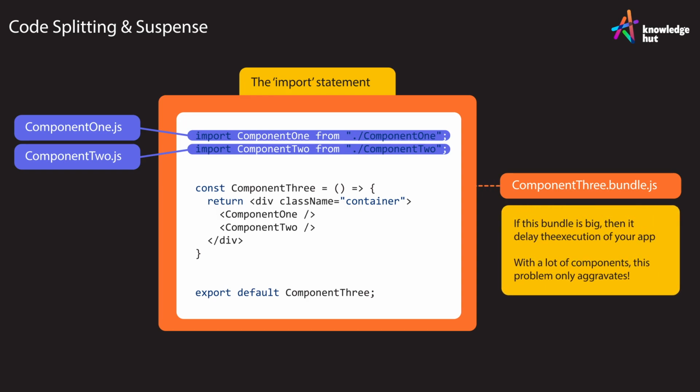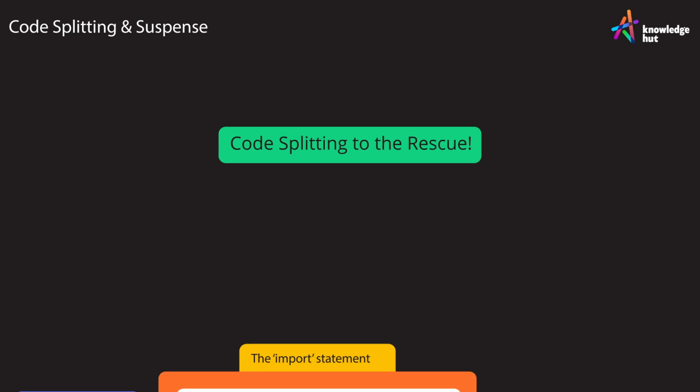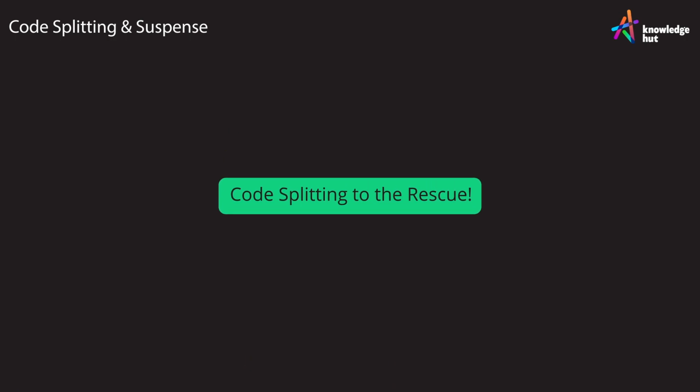This can delay execution of your app if the client is on a slow connection, such as a slow 3G or a sketchy 4G in a basement, because the bundle needs to download to your browser before it is executed. With hundreds of components, this problem becomes critical as the size of the bundle gets pretty massive, even though you may not be using most of the components from the get-go. This is where you need to split your code into multiple bundles and load them on demand as and when